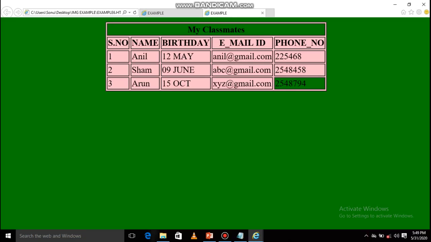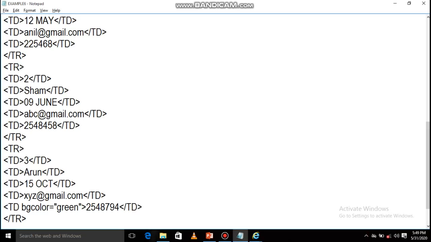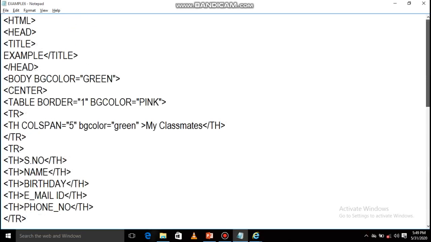Next thing that I already explained, if you want to write any caption of your table, you can write that inside caption. Caption is a tag, so you can use that caption tag inside table. Or if you want to change the height and width of that particular table, as you already know, we have